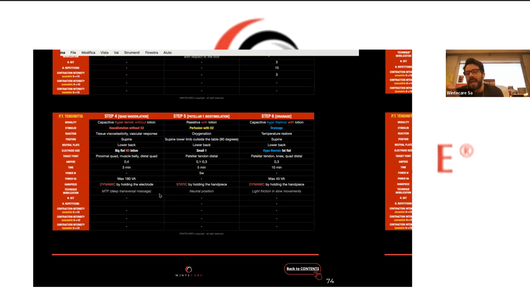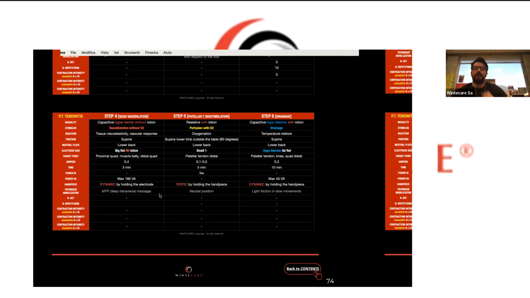The more energy we apply here, the less time we need. So if we wanted to drop the time from 3 to 1.5 minutes, we could push to 300, but only in case we are in a rush. Otherwise, it's better to stick to the plan. Then some deep transversal massage will help the thermal effect, so some mechanical work in order to create space between